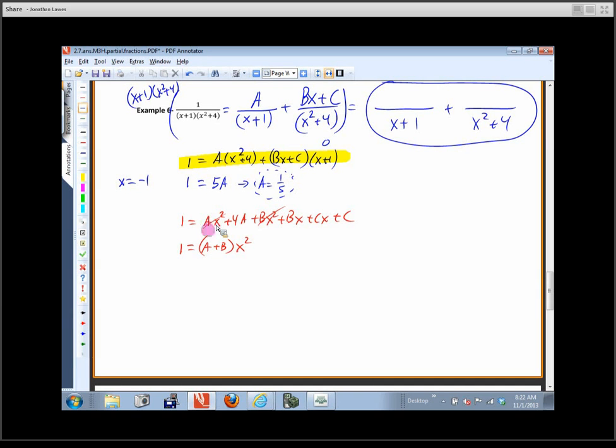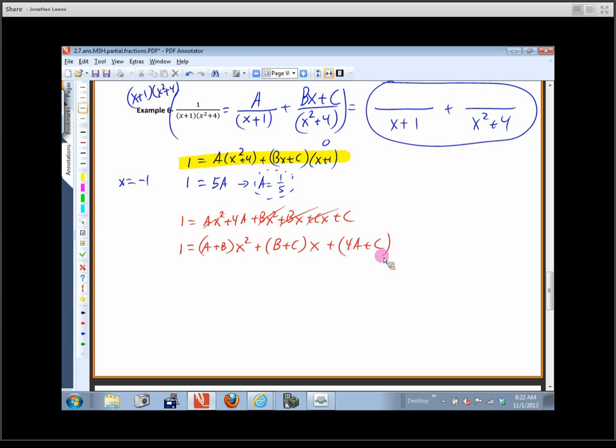And I like to just put light slashes through each one of them. Don't scribble them out, so at least you can still see them, but you can see what you've already used. What terms would I put next? The ones with x's, right? So I've got a b and a cx. So I'm going to put plus, set of parentheses, b plus c, x on the end. Done with those. And then the very last thing that I've got is these numbers right here. And again, set of parentheses, for a plus c. Okay,